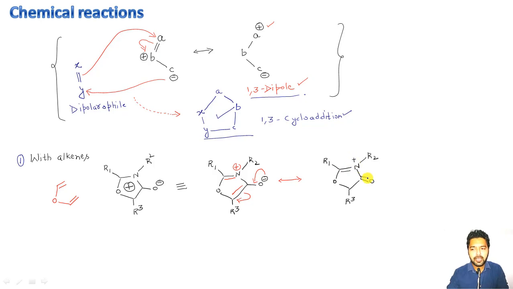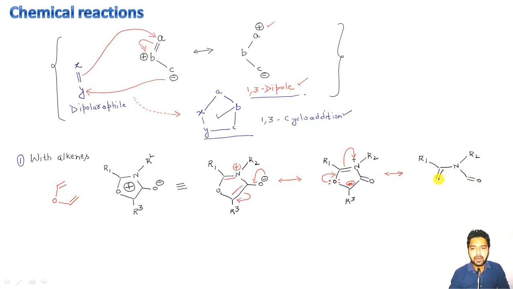This will now become a single bond having a negative charge like this, right? And after that, this oxygen here is also having two lone pairs of electrons. Further resonance can take place like this, giving me another resonating structure, which will be R1 here. This will be single bond nitrogen, R2 like this, double bond oxygen.